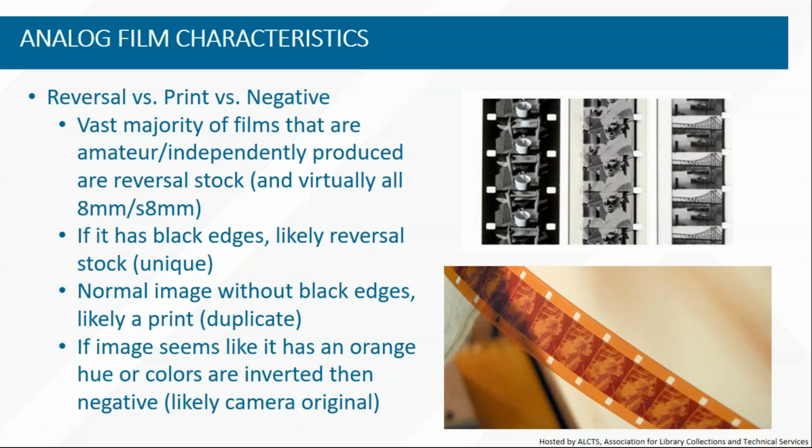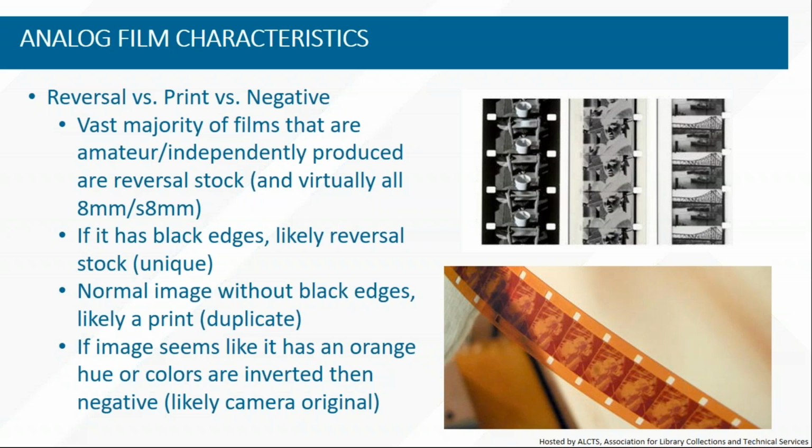Essentially, that means the film that went into the camera is the film that got processed and turned into a print, meaning that these are unique materials. When we're talking about negatives and prints, film that is shot as a negative and then made into a positive print